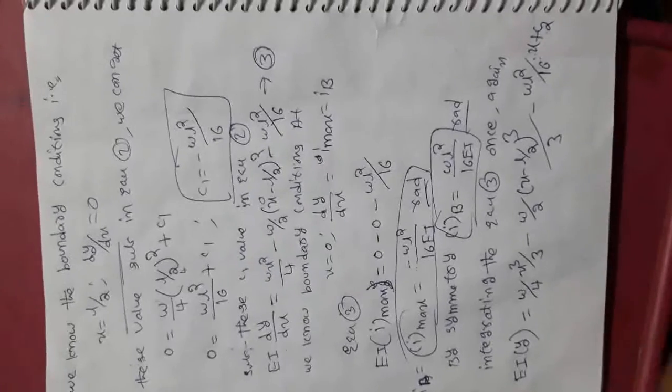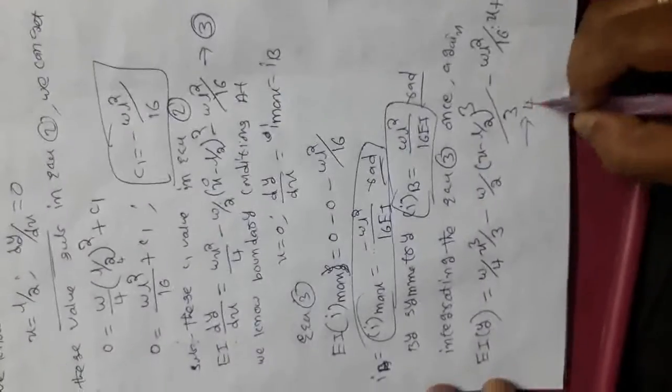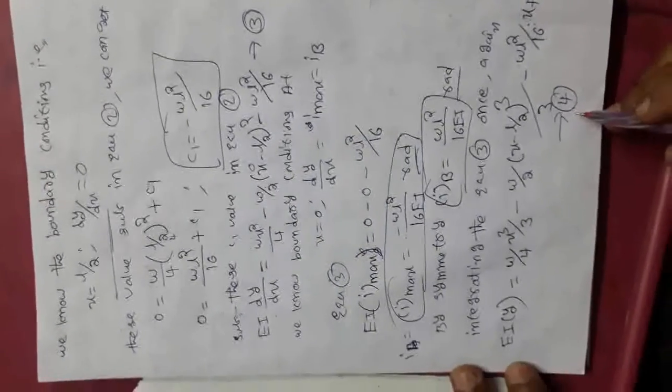C2 is the constant. However many times you integrate the equation, you put constant values, nothing but C1, C2, C3 or C4. Integrating C1 gives C1x, and C1x integrating is C1x square by 2, plus C2x, which is the integrating value of C2. And next you get the fourth, which is nothing but equation number 4.